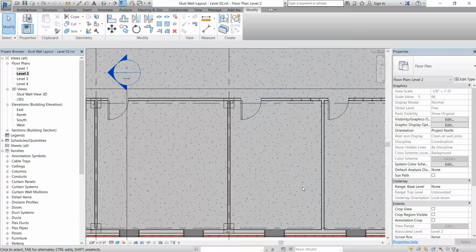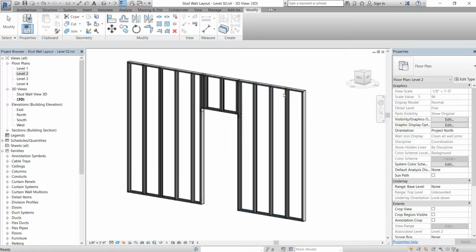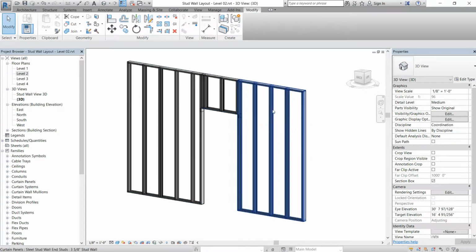So in this tutorial, we're going to continue with what we were doing before, which was we had our level 2 layout and we had the automatic stud wall, which looks like this. Now the one downside to this is it's not really great at creating views. If, let's say, you were doing a paneling system and you wanted to do it for the entire outside of the wall,